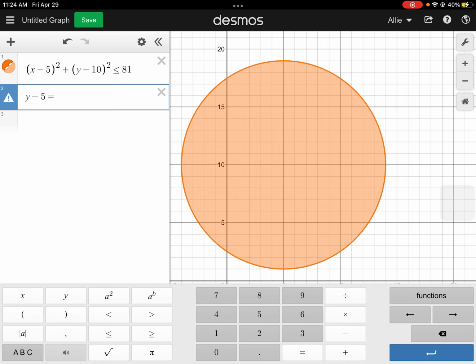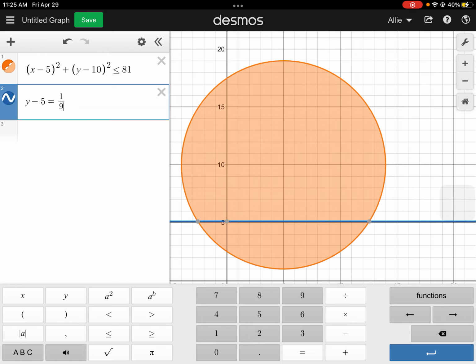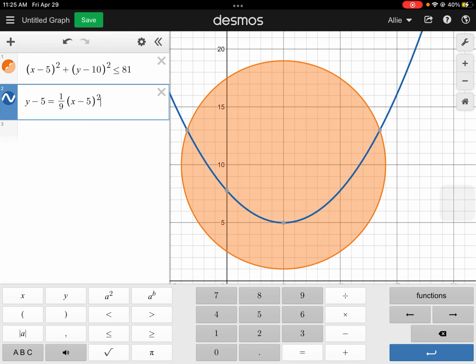Then we're going to go equal to, and I'm not quite sure how I want the slope to be on my parabola yet, so I'm just going to start with 1/9 for my a value, and then I have x minus 5 for my vertex, squared. So I think that looks like a good